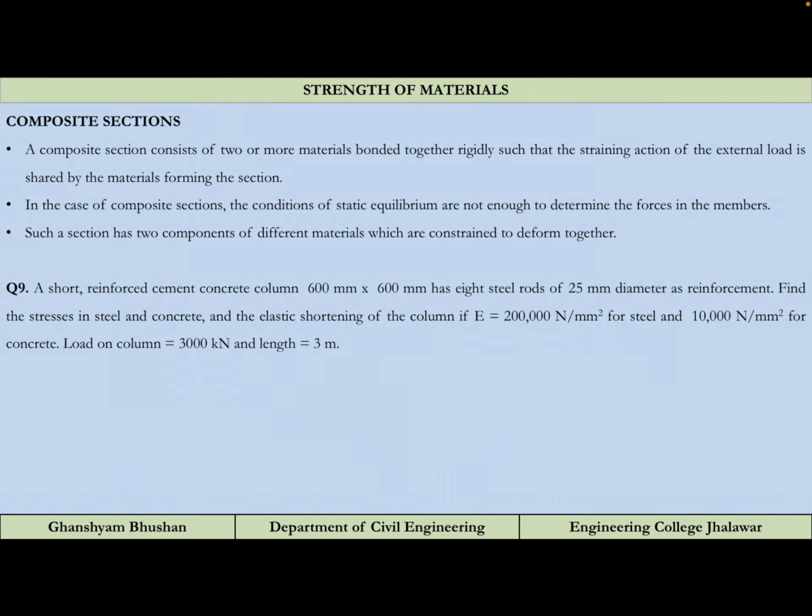That is the first thing you must ask: why are we going to use a composite section? Why not use uniform sections, like a section made up of only one material? This is because many of the properties desired in a design problem cannot all be fulfilled by any single material. Like in the case of your building, which is particularly an RCC structure, that is a reinforced concrete structure.